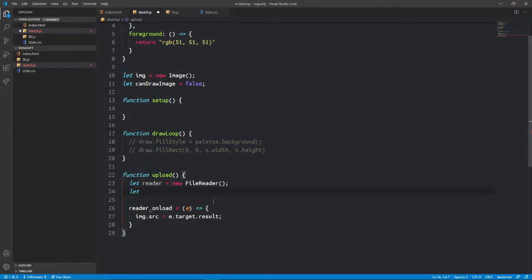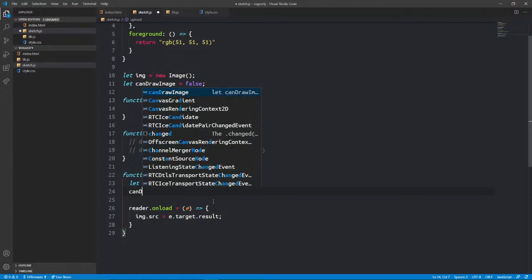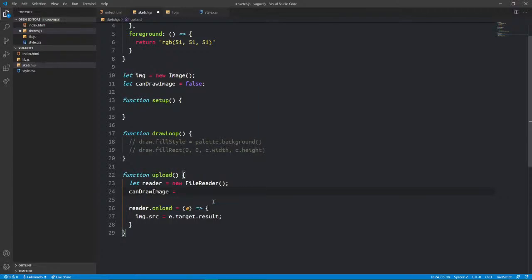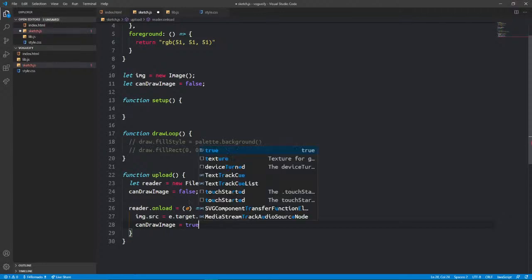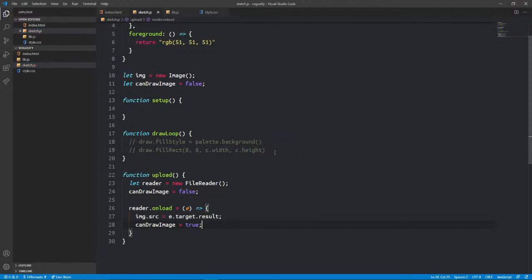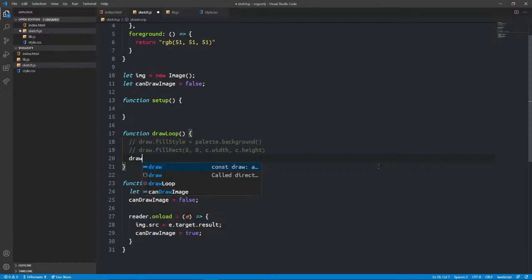Anyways, so let's do canDrawImage equals false, because if you upload a new file, then you would want it to not draw the not image. So then we would do canDrawImage equals true. So then let's do draw, actually we need to do if canDrawImage